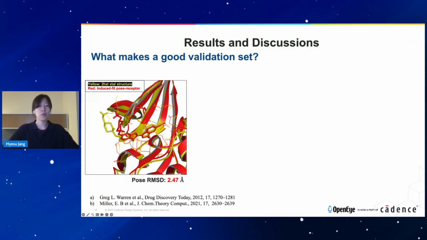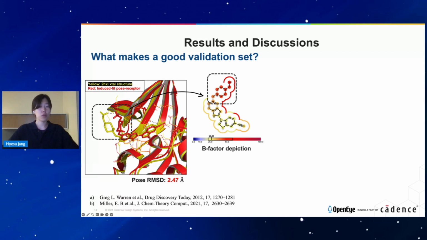And when we looked at the overlap with the actual crystal structure, we could see this fragment of the ligand did not match well with the crystal structure. And this fragment was the high B-factor area of the ligand crystal structure, which means that the atomic coordinates of the fragment are not well supported by the experimental data. And we do not want to compare our result to the crystal structure, which is not well supported by experimental data like this. So when we curated our validation set, we only chose the cross-docking pairs whose target crystal structure